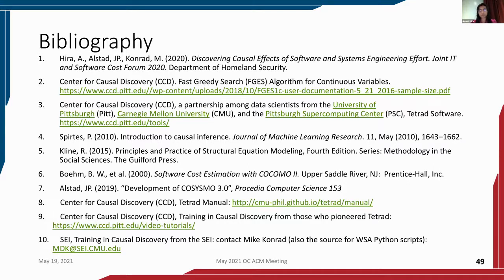We have presented this work at a couple of venues that are specifically put towards software and systems engineering cost estimating. However, in this field of software and systems cost estimating, a lot of times data from different environments behave differently, or different environments just behave differently. So one model might not fit somewhere else. We're hoping to encourage people across all fields, but especially in software and systems engineering,